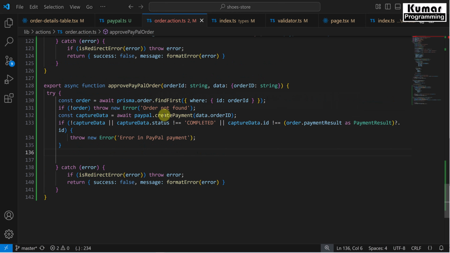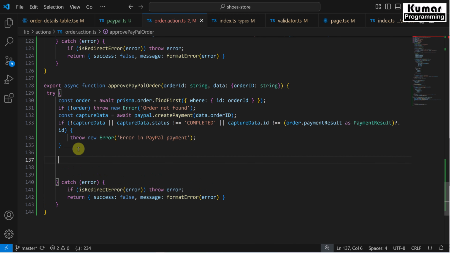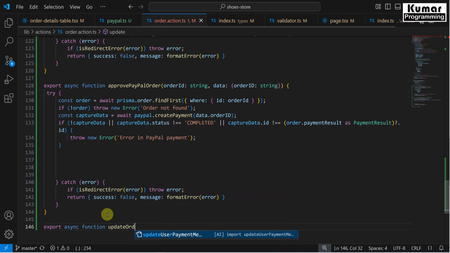Okay, and once our order is paid inside our PayPal, then we have to update our order and product table as well. So now let's see how we can do that. So here I'm going to create a function as update order to paid. Okay, so I'll create another function over here as export async function updateOrderToPaid, and inside this function